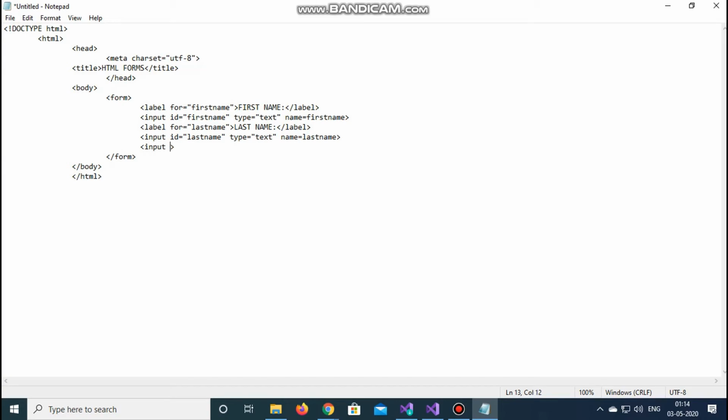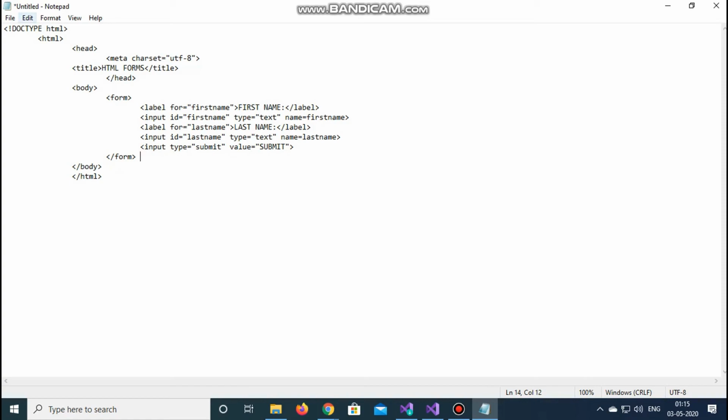So at last, let's add a submit button with input type and value as submit so that our form gets complete. And next, close all the closing tags and let's check whether we have placed all tags correctly once and twice